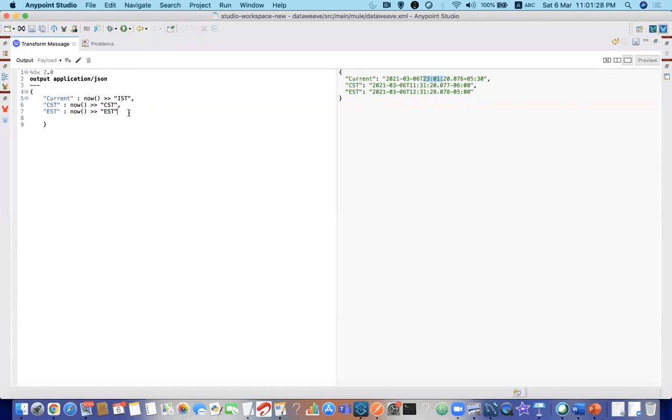This is really important when, suppose, your application is deployed in one zone. For example, your Mule application is deployed in some US region. And suppose there is a database operation where you need to insert the timestamp value, but that database is expecting some other time zone. You have to make sure that you define your time zones first before coding. Just ask them which time zone they want to insert. Okay. Clear?